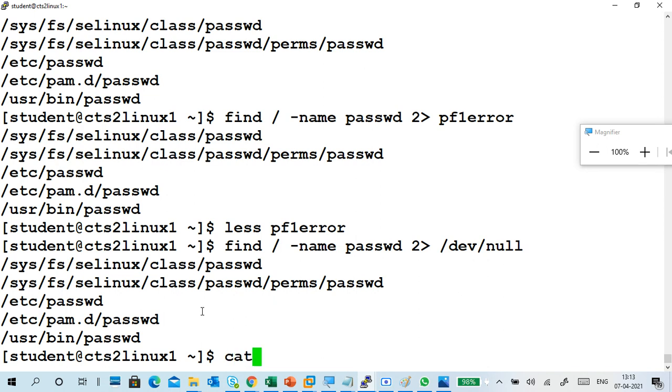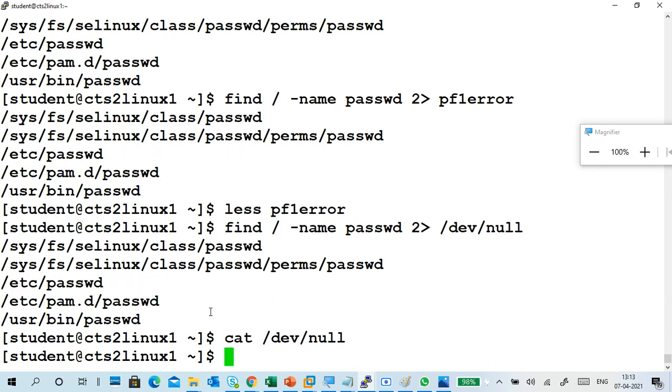So you can see like cat space /dev/null. It does not contain anything. You redirect it to null. It does not contain anything. It is just like removed from the system. Removed from the system, not even in the trash. Understand what two greater means? Error is going to a file location or a null location. The second time I use a null location. Next,